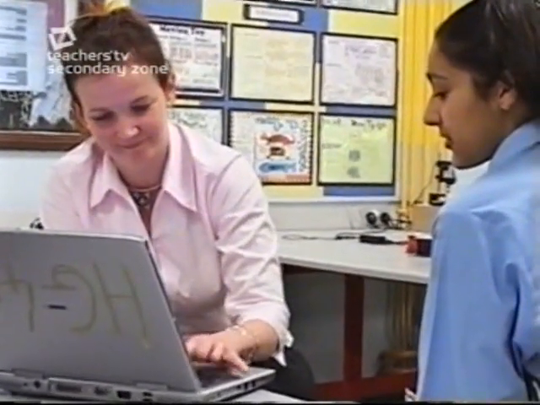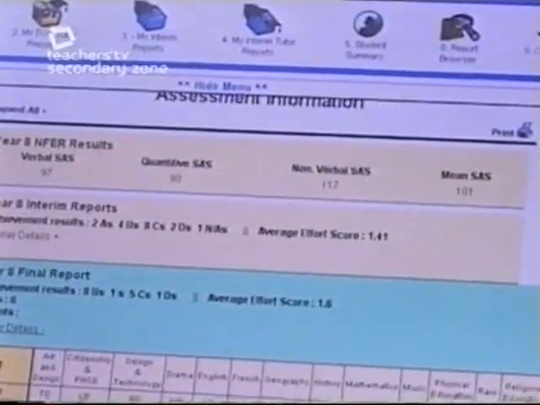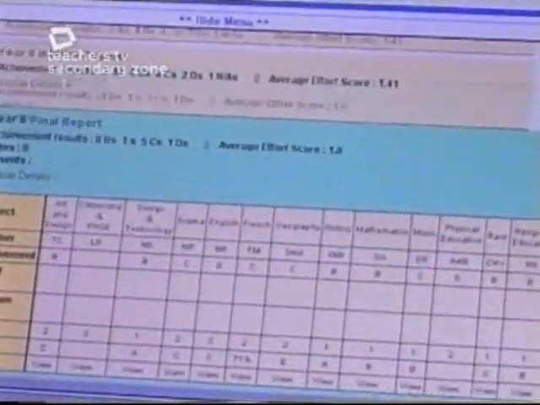Well done. The key part of what we're trying to do is to give the teachers the information at point of need. So when they need to challenge that child to actually discuss with them the learning, they've got the information ready and available there. And that is so powerful, that immediacy and that information available at point of need. Compared to a paper-based system, it's fantastic.